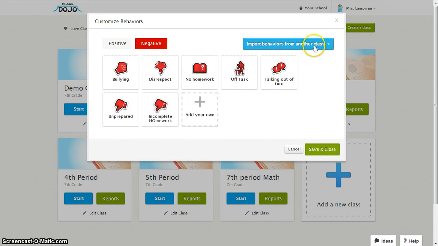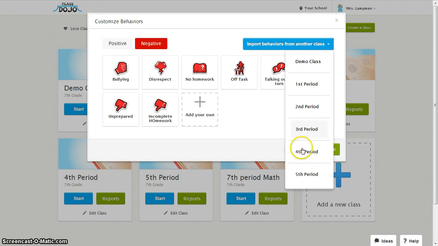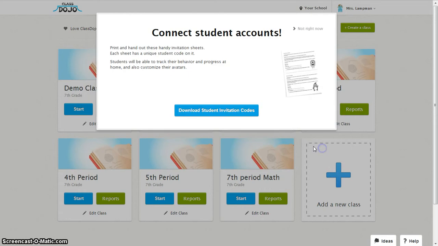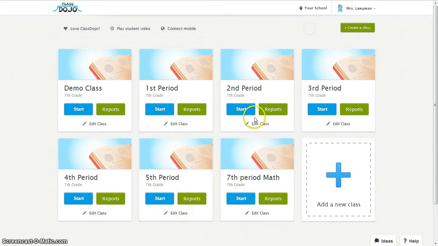So I can actually import behaviors from another class. I've got my other classes on here, so if I wanted to do that, I could just, on the next class, just import it from this class. And then I want to actually go into my class,